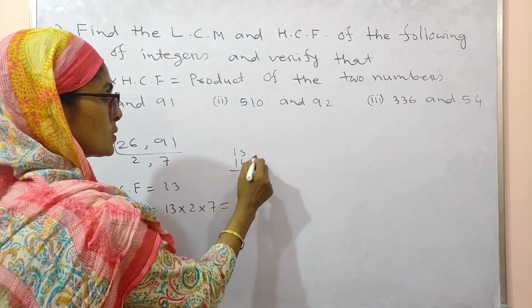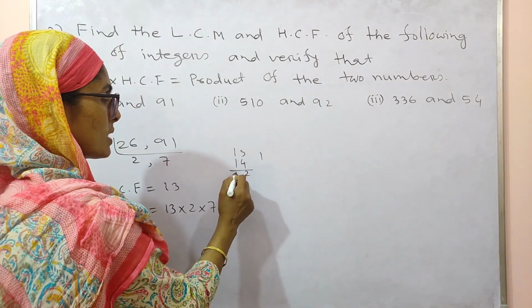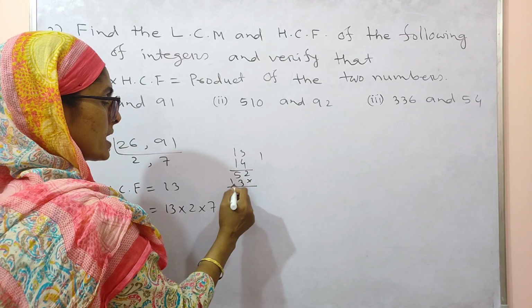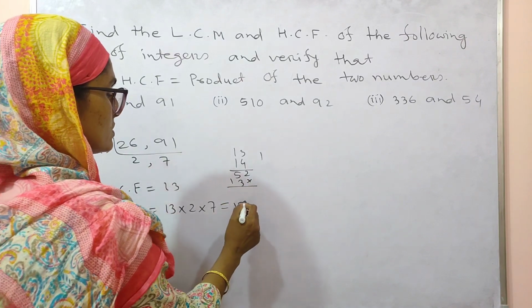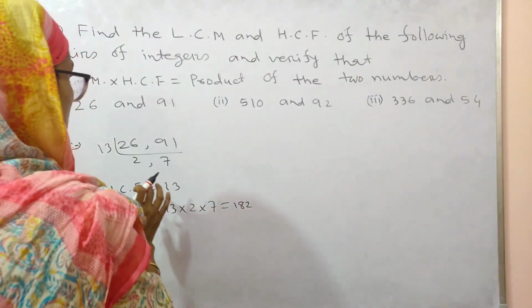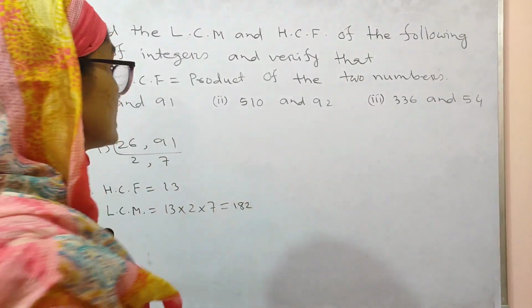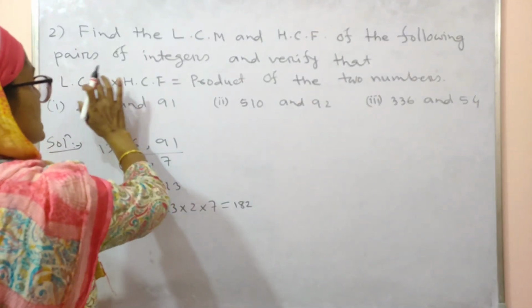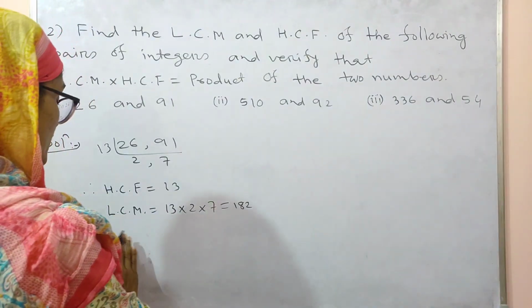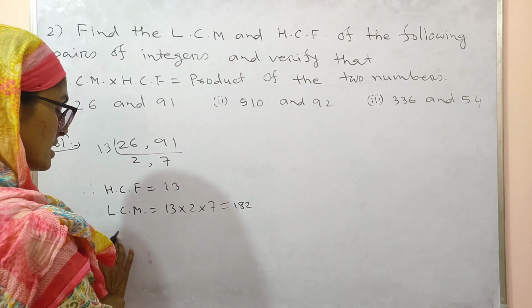3 4s are 12, 2 1 carry. 4 1s are 4 and 1, 5. 3 1s are 3. 1 1s are 1. So 182. This one is the HCF, this one is the LCM. Here you have to verify LCM into HCF equals the product of two numbers. So after that, write down therefore